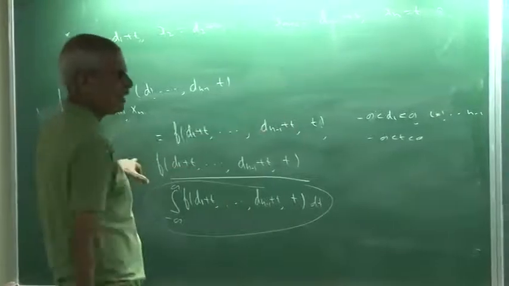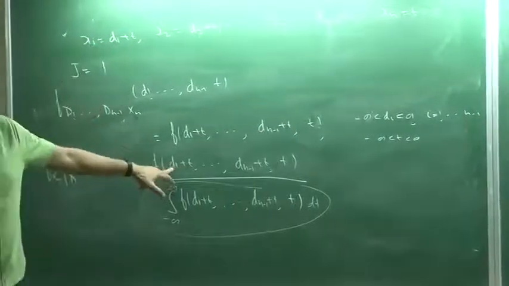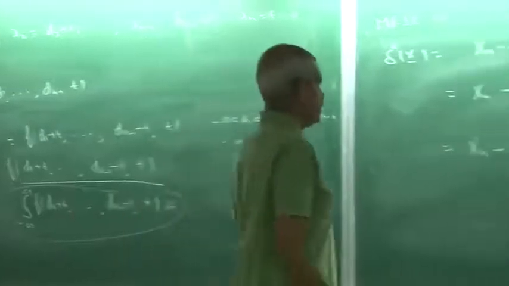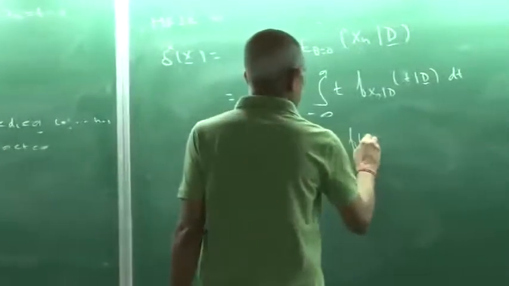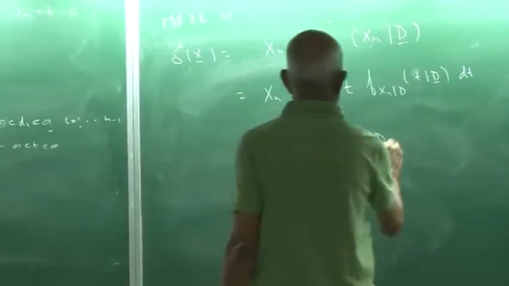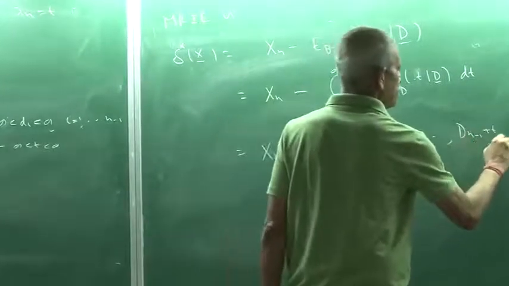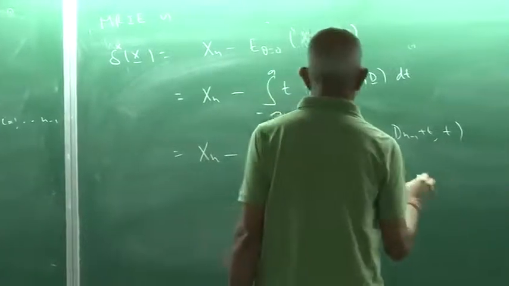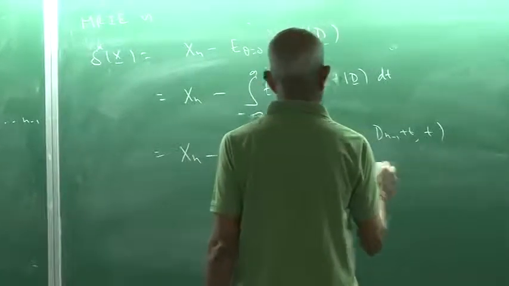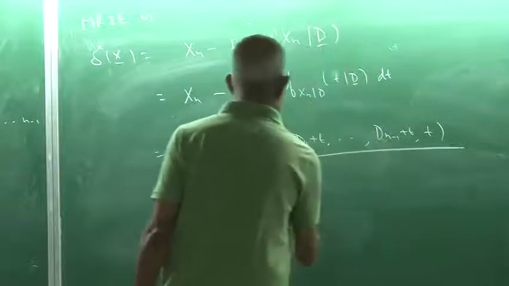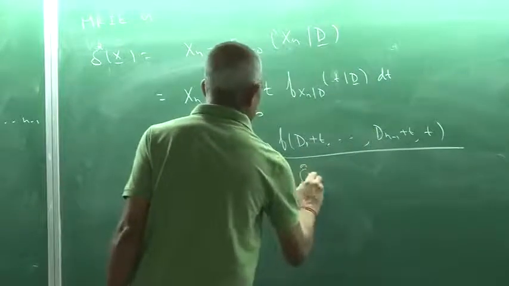Here I am writing down everything in terms of a random variable only. So I have to replace this d by di's. So f of d1 plus t, dn minus 1 plus t, t, divided by minus infinity to infinity